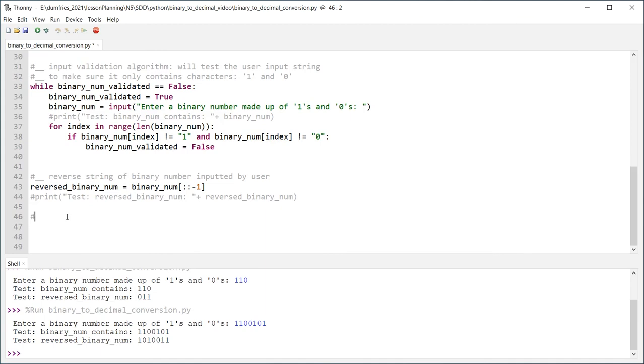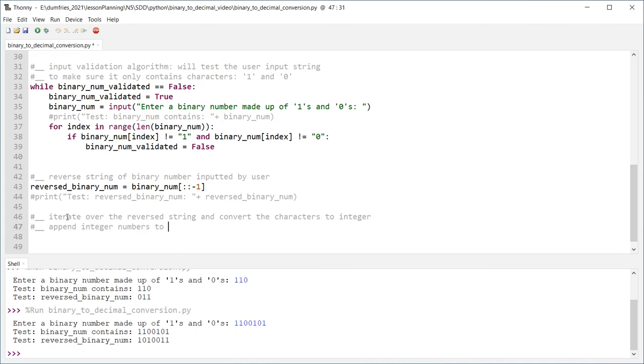So let's put in a comment to say what we're doing. So we're going to iterate over the reversed string and convert the character to integer, and at the same time we're going to append integer